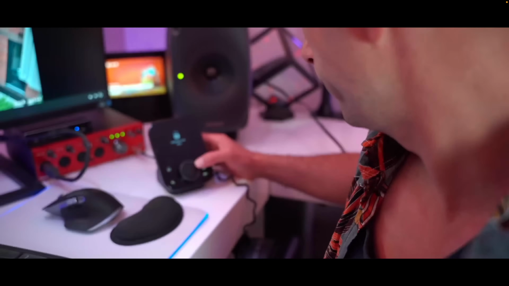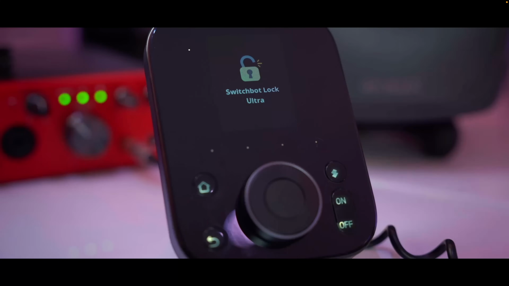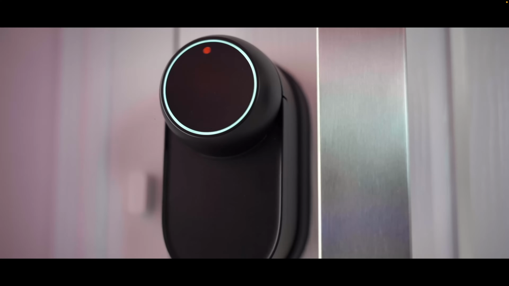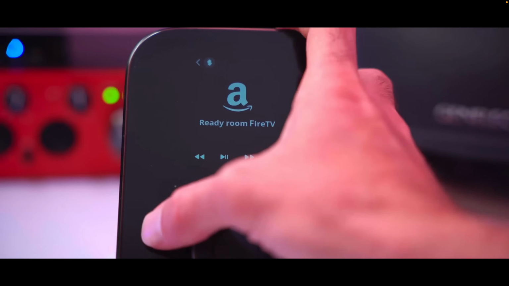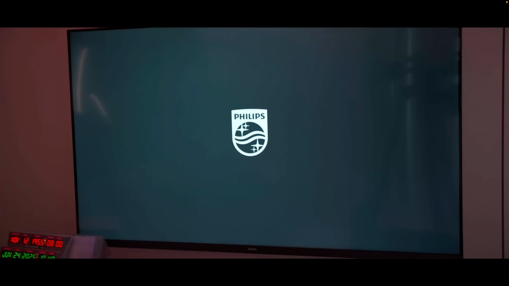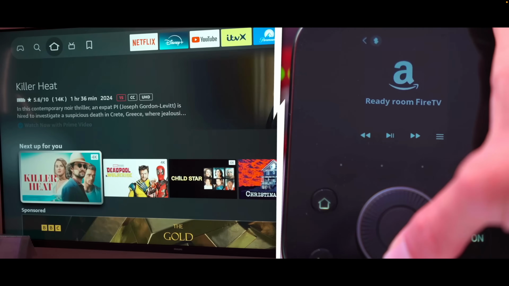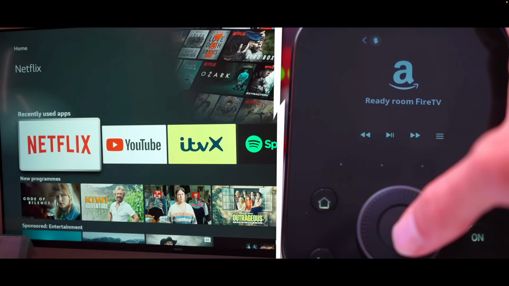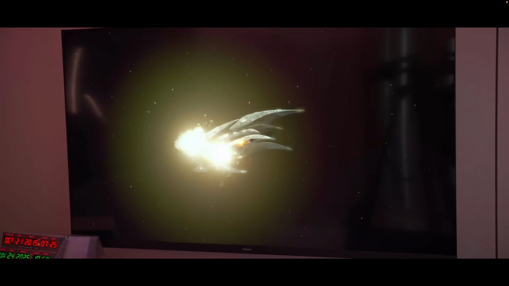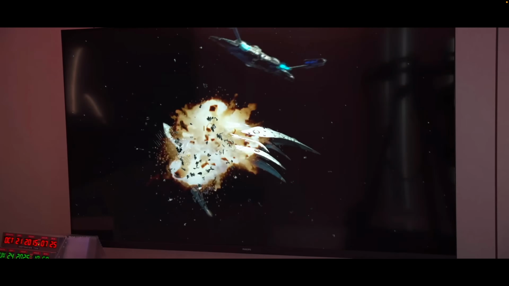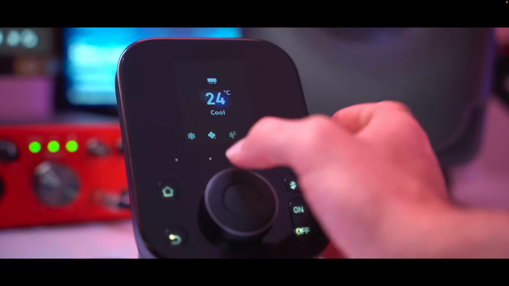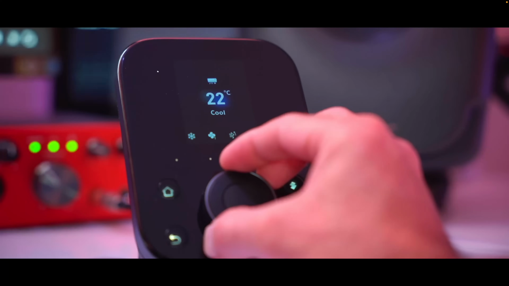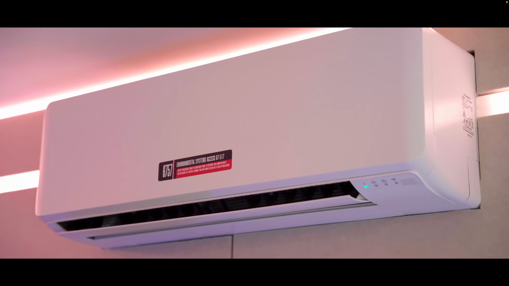But the SwitchBot Hub 3 also has built-in functionality too, such as infrared blasting. I can actually use it as a dial to control my TV's volume, and that takes no skill and no programming whatsoever. I can also use it to control my NVIDIA Shield. I can browse through things like Netflix and do play and pause, but more importantly for me personally, I can control my aircon. My aircon has an infrared remote, and I was able to program that thing up using the SwitchBot Hub 3 so that the SwitchBot Hub 3 can act as an aircon dial for me.